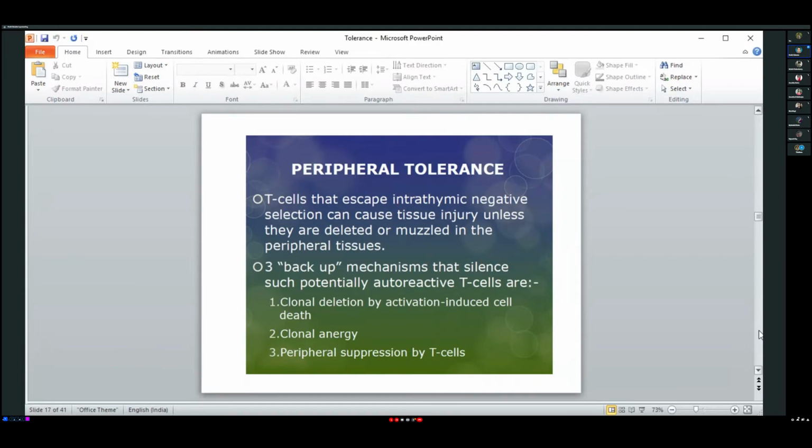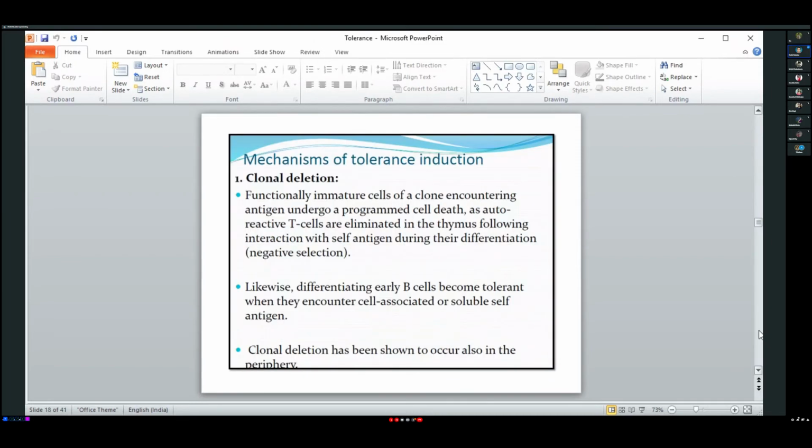টলারেন্সটাকে মেক শিওর করি যাতে কাজ করে। 1 নম্বর, ক্লোনাল ডিলিশন বাই অ্যাক্টিভেশন অফ ইনডিউসড সেল ডেথ, অ্যাপোপ্টোসিস করে সেলগুলোকে মেরে দেওয়া। ক্লোনাল এনার্জি অ্যান্ড পেরিফেরাল সাপ্রেশন বাই টি সেল। এই জায়গাটা আমরা এবার একটু বোঝার চেষ্টা করি। ফার্স্টেই আসছে ক্লোনাল ডিলিশন। সোজা কথা, আমার উদ্দেশ্য হবে সেলফ রিঅ্যাক্টিং টি সেল বা বি সেলগুলোকে ডিস্ট্রয় করা। তাহলে কি